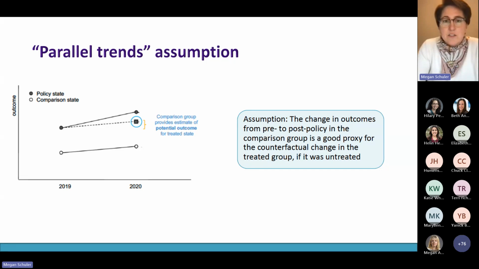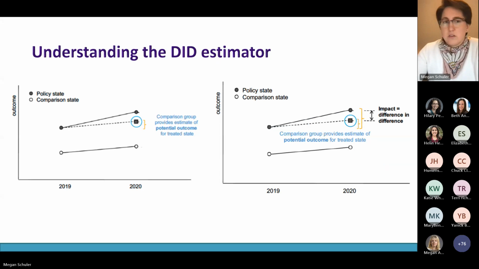And the change in the comparison group, again, can kind of be thought of as the secular trend for how this outcome is changing in general, even without the policy. So another way to think about this parallel trends assumption is that we're assuming a homogeneous or uniform secular change across states in the absence of the policy. So based on this assumption,